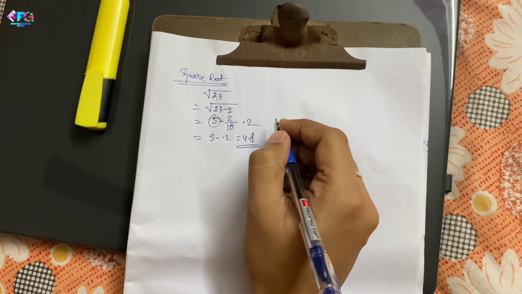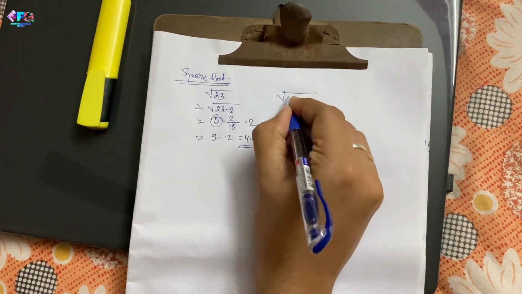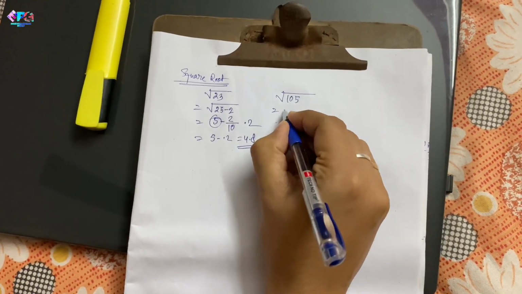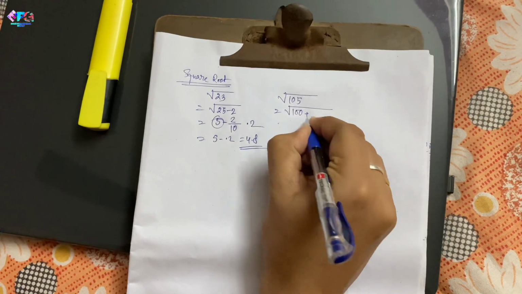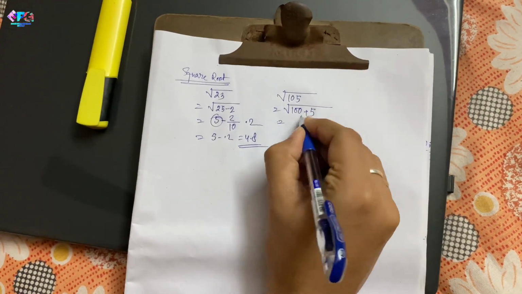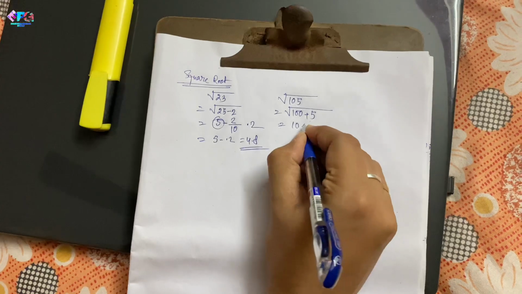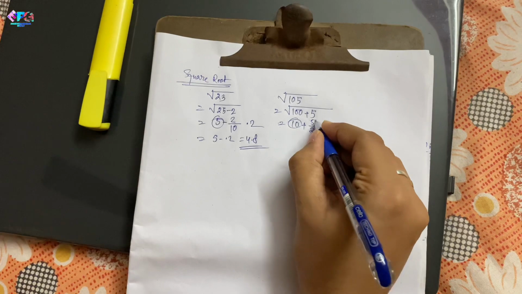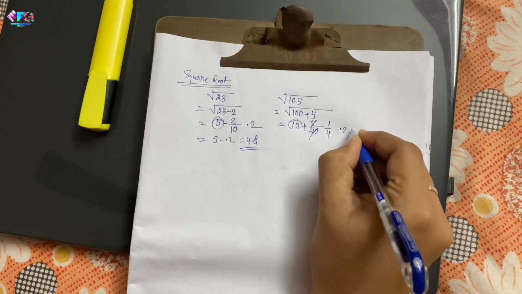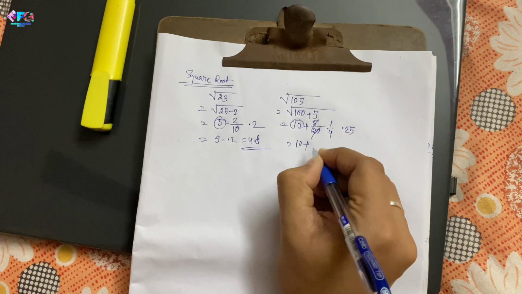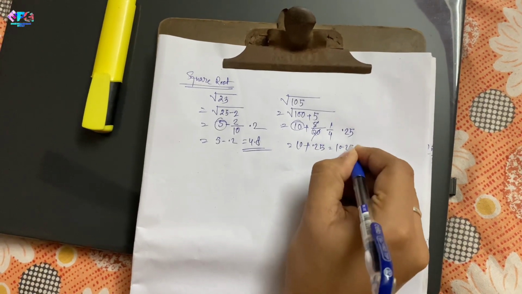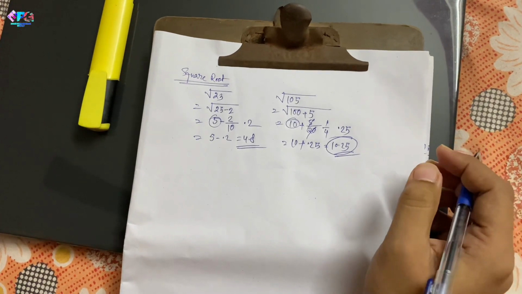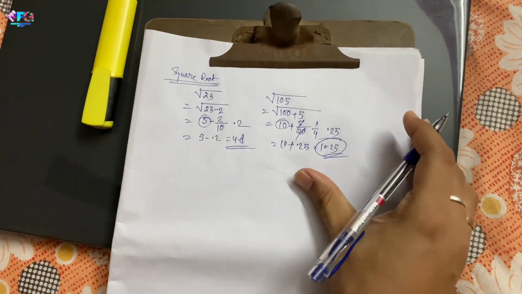Okay, this time I am taking another value, that is 105. So tell me, what is the nearest perfect square value of 105? 100, we know. So we can write it as 100 plus 5, right? So the square root of 100 is 10 only, plus the value is 5 and double of 10 is 20. So 5 by 20 is 0.25, correct? So 10 plus 0.25, 10.25. You can also check, the value will be the same in the calculator itself, 10.25. It's very easy and within a second.